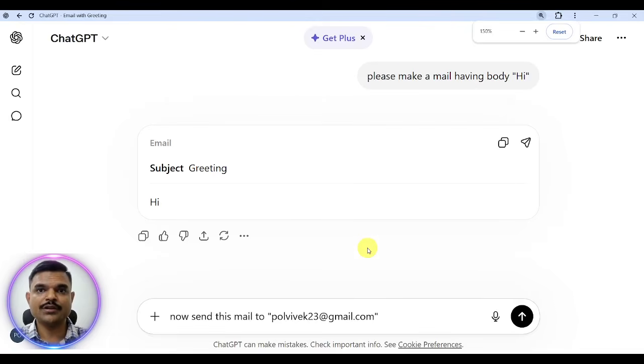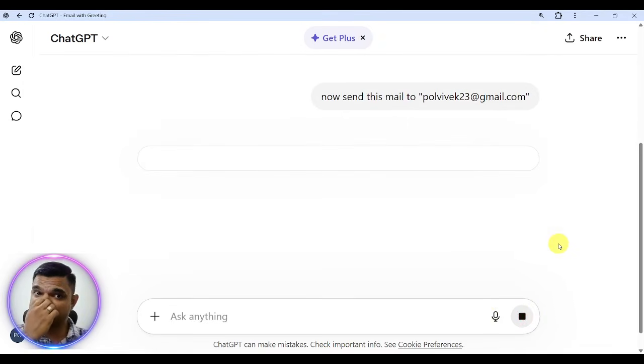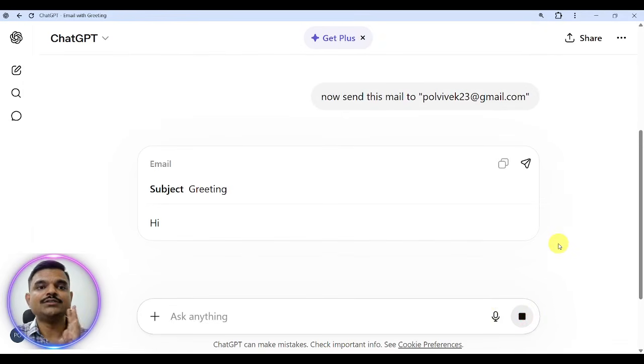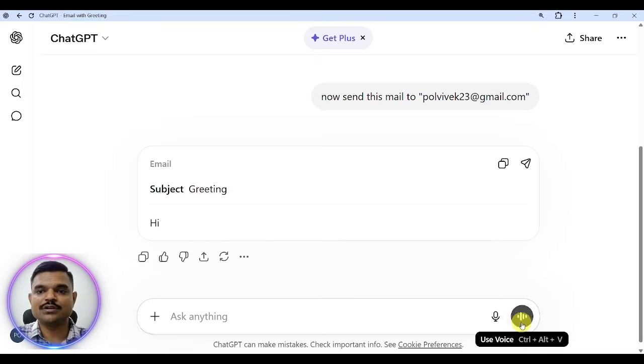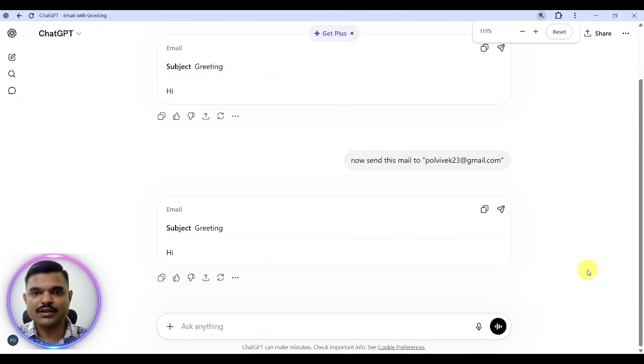Please make a mail having body hi, means you just have to send a hi mail to some person. So it created the hi mail. Now send this mail to Olux 23. Now we will see what response ChatGPT is giving to us. So it is not able to. Again, it is just creating that mail. It is not able to send the mail.